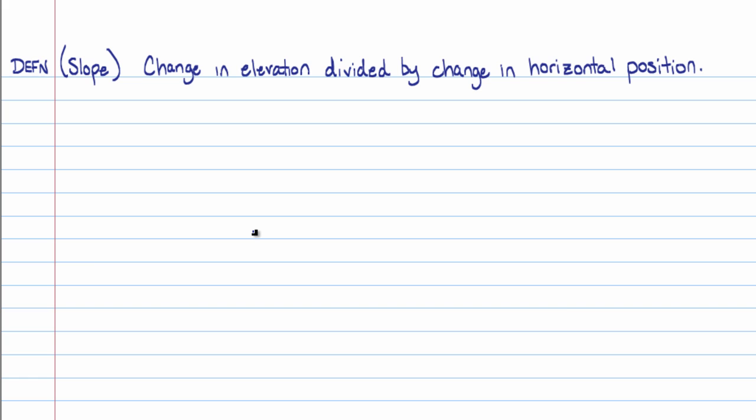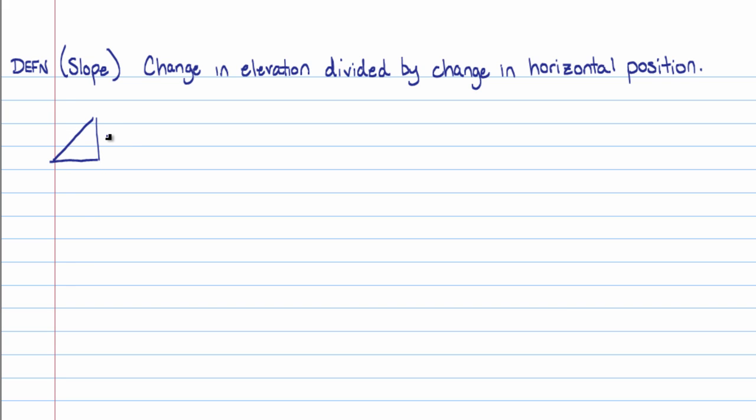Now, if you just finished watching part A of this lecture, then you know that slope is defined to be the change in elevation divided by the change in horizontal position. Some people would also say this is just the ratio of change in elevation and change in horizontal position. And if you think of that visually,